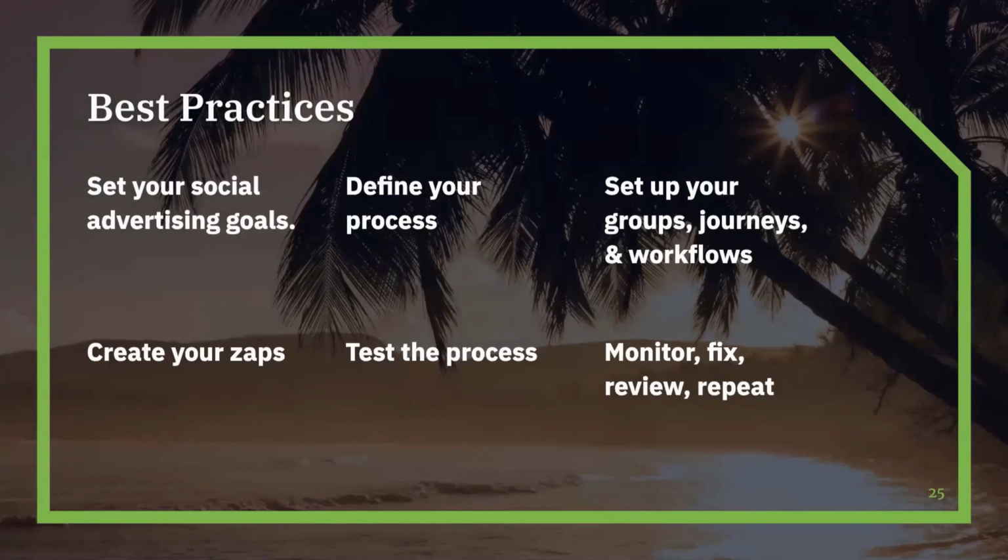So here are some of my best practices. And we talked about this earlier too. Set your social advertising goals. Always choose a goal. You need to have a goal in mind. If you are wanting to do awareness, you probably want imagery and a message that's a little bit more generalized than something that would be attracting a lead to get a live demo. So make sure that your messaging matches what your social advertising goals are.